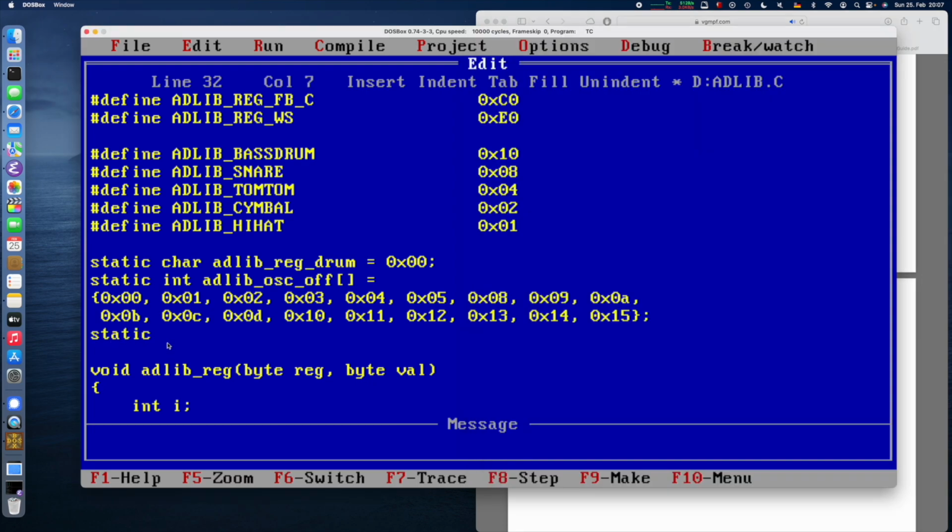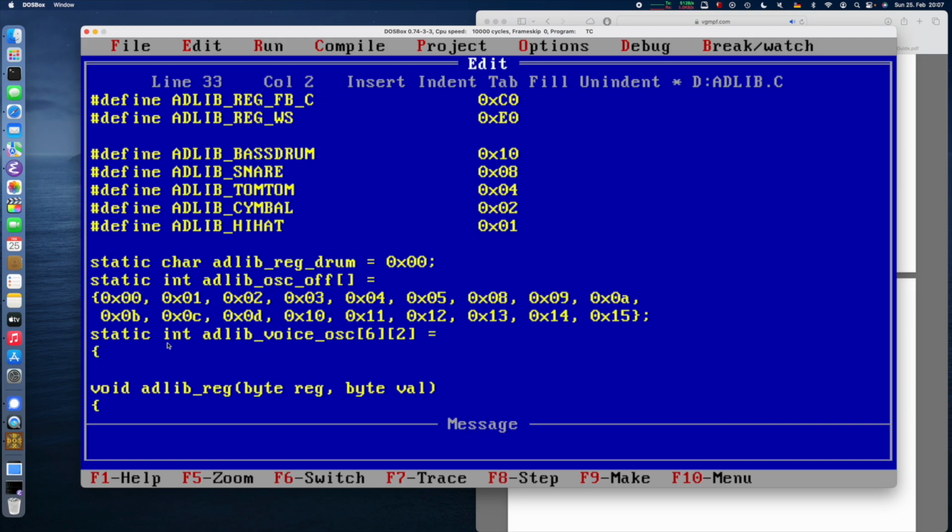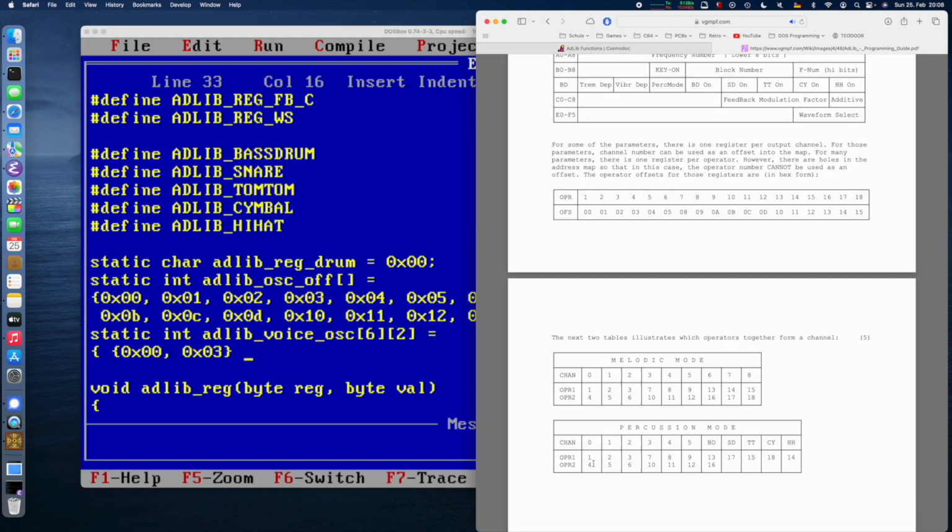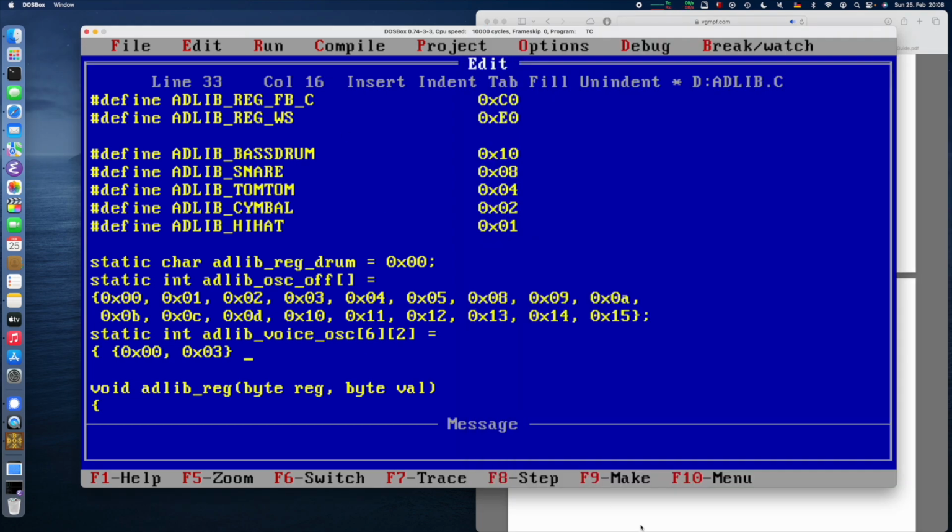So let's code this. There's going to be a static int AdLib voice oscillator. The size will be 6 voices by 2 operators. And yeah, we're going to fill it up like so. First one has 0x00 and 0x03. This is oscillator 1 and 4, because we're 0 based obviously